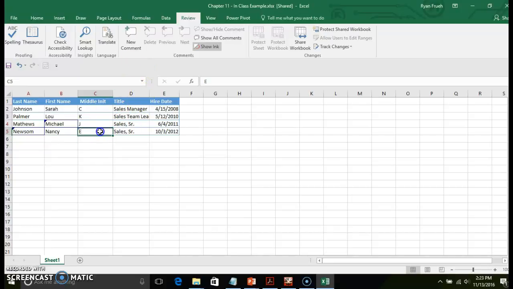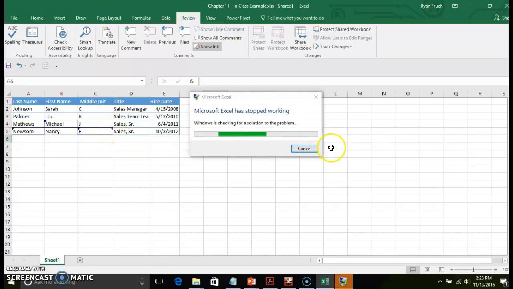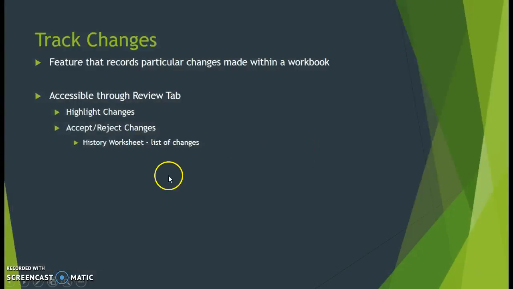We can go in here and make a comment that says change middle initial. And again, that comment indicator exists, and my Excel managed to close down again. But you can go in there and make those changes, share that workbook out,